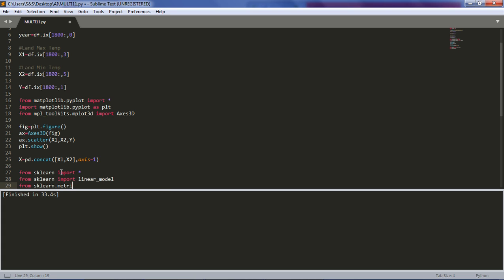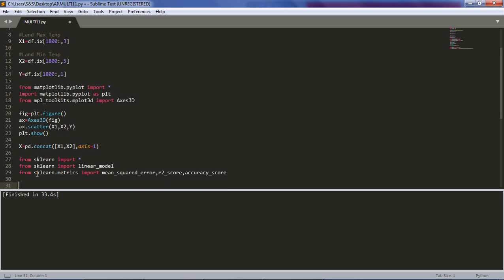So right here mean squared error, and here write R2 score, and finally we must use accuracy score. Alright,